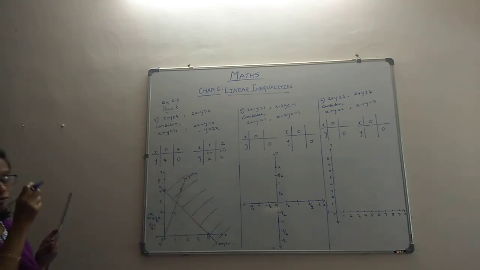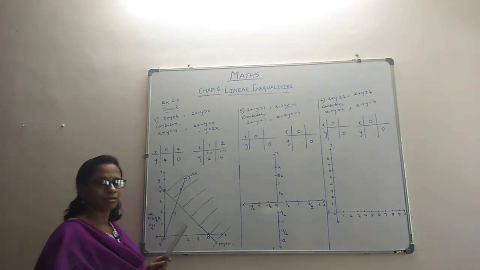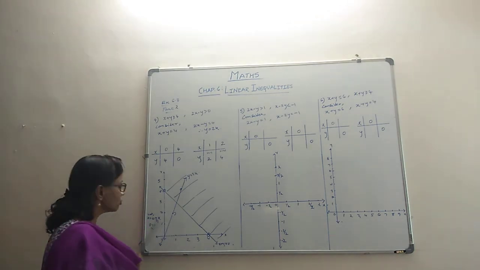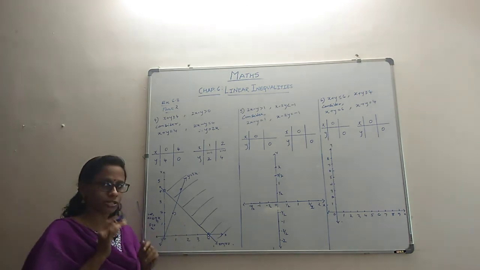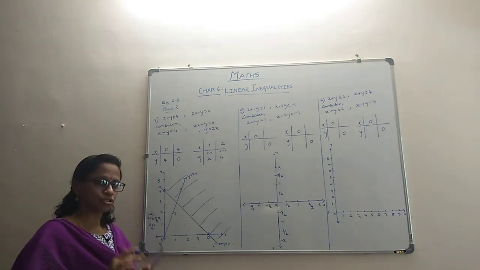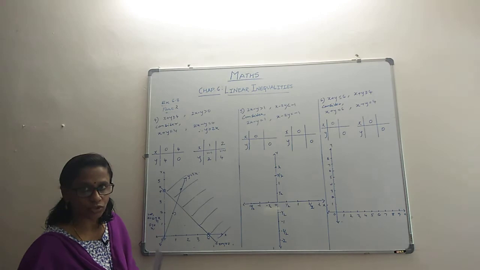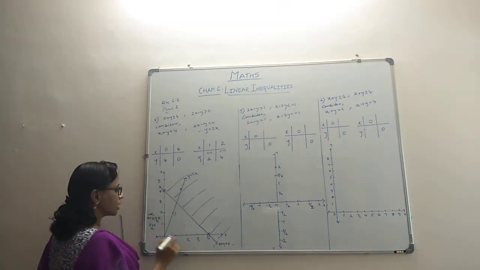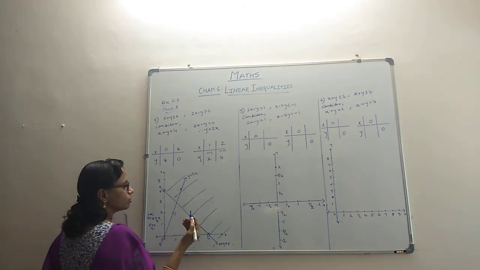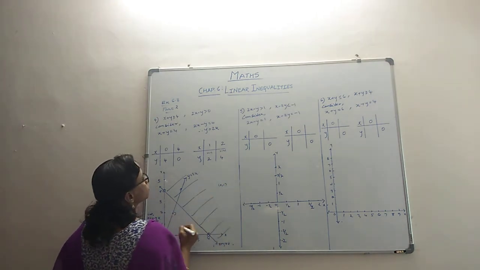Now again, finding the solution region here is difficult, because the origin will not help us. So you can at random choose any point. For example, you choose a point like this, 2, 1. Substitute it in the equation. Check whether it is true or not. If it is true, then this bottom part of the line will be the solution. If it is not true, then that part will be the solution. Suppose I have taken 2, 1. You could take any point. For our convenience, we have taken the point 2, 1.